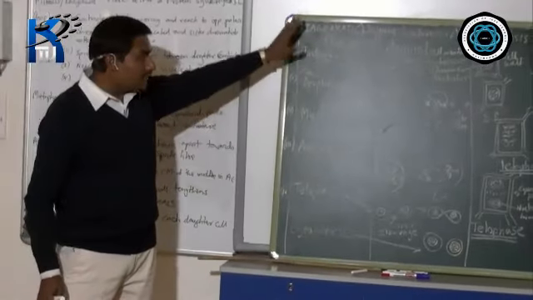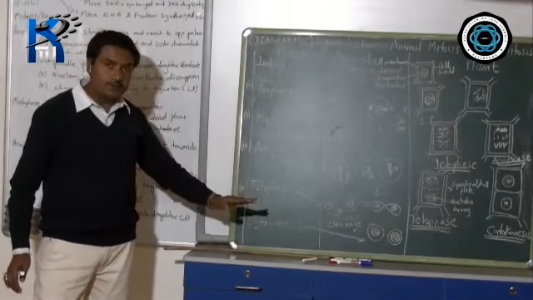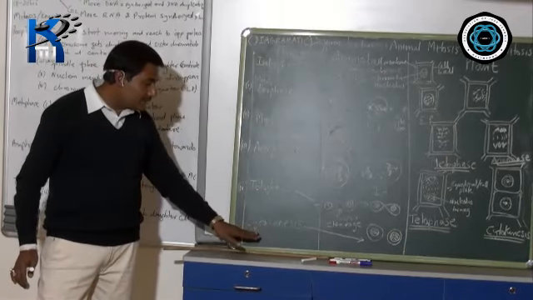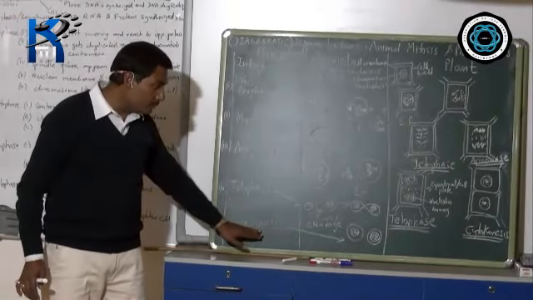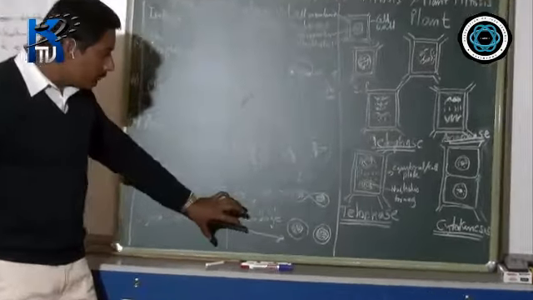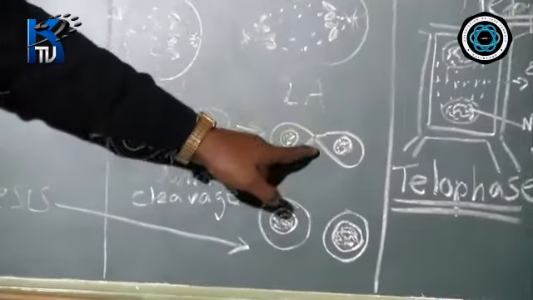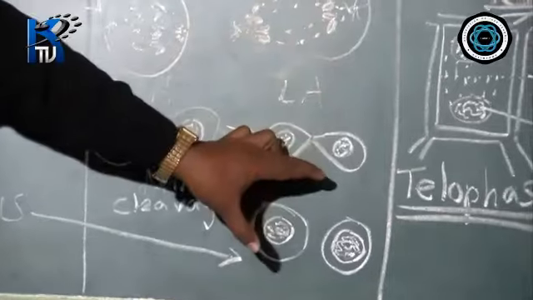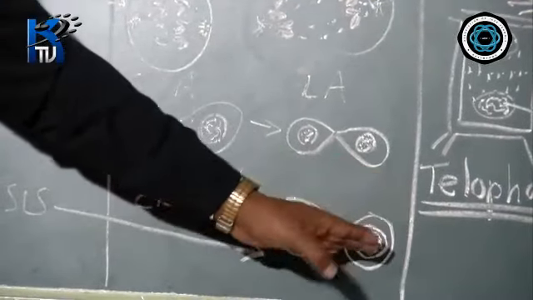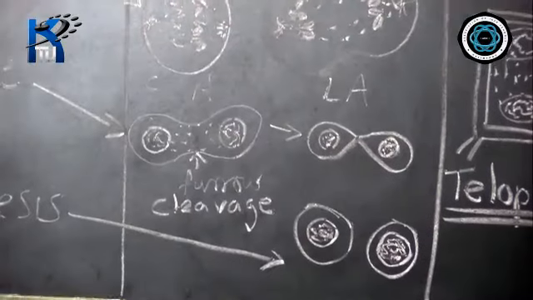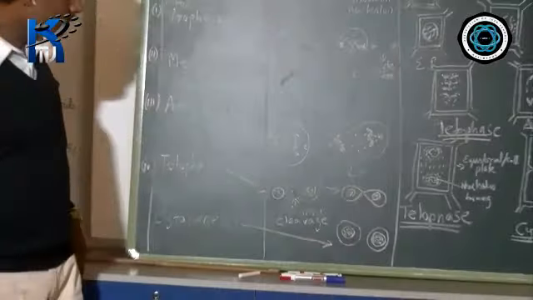This is mitosis, that means thread division, nucleus division. After the nucleus division is over, then what is going to take place? Cytokinesis. That means it is the division of the cytoplasm. So during the division of the cytoplasm, a constriction will get formed, a furrow-like structure will get formed, further depression will get formed, and finally the cell separates into two, which are identical in nature to the parent.